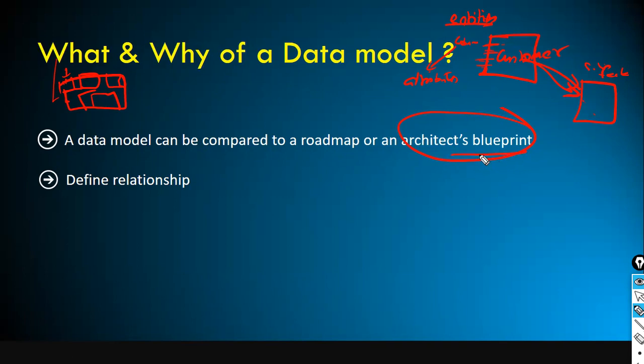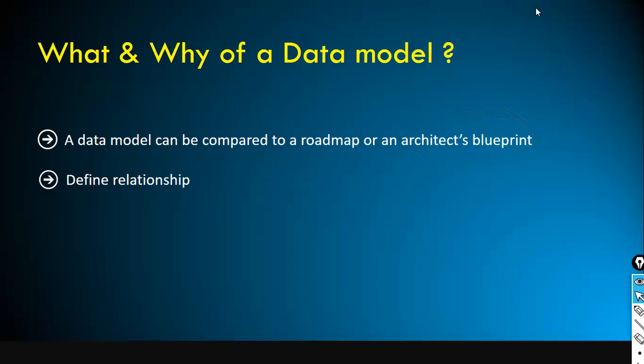Once you have the blueprint, and next, if you construct the house, then you will not land up with any kind of major rework. Okay. Similarly, in the case of data model, if you take any application, before you build any application or any app, right, mobile app, whatever it may be, you need to have a solid data model design in place, without which if you develop your application, later point if you think of making changes to your data model,